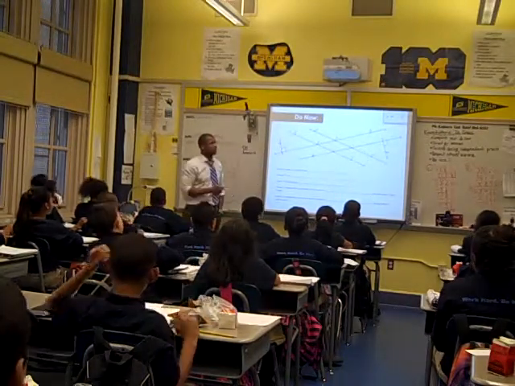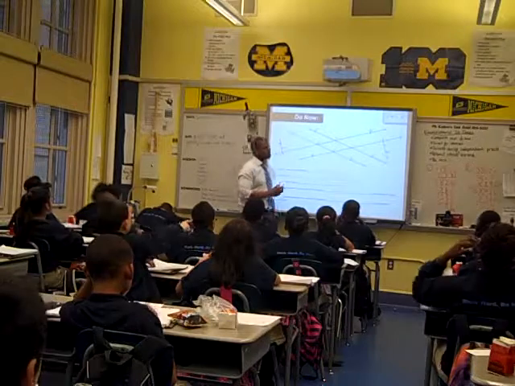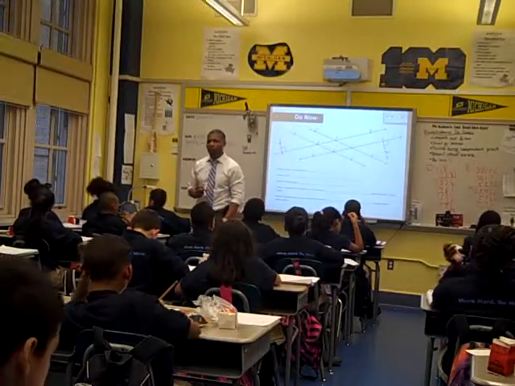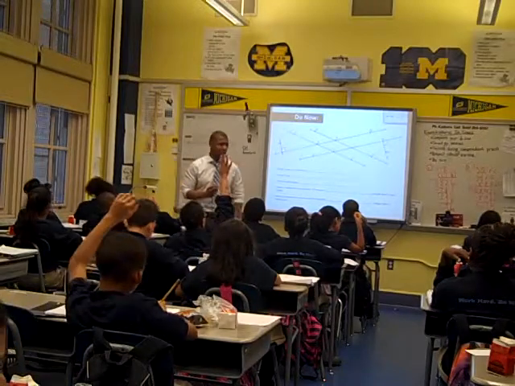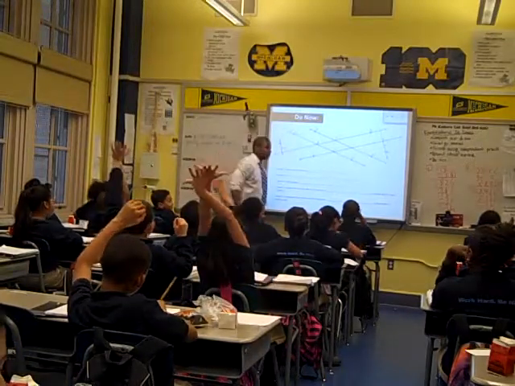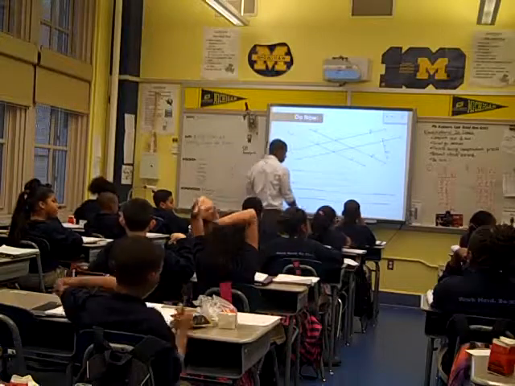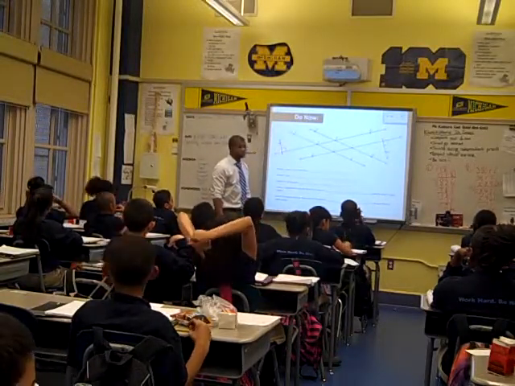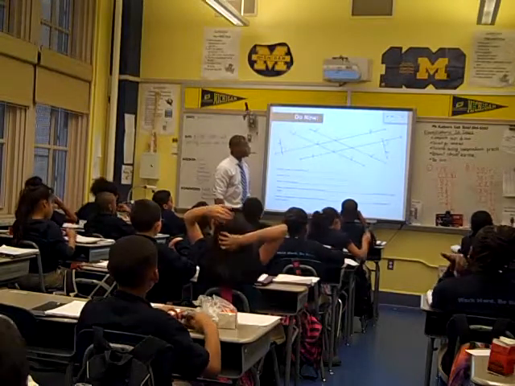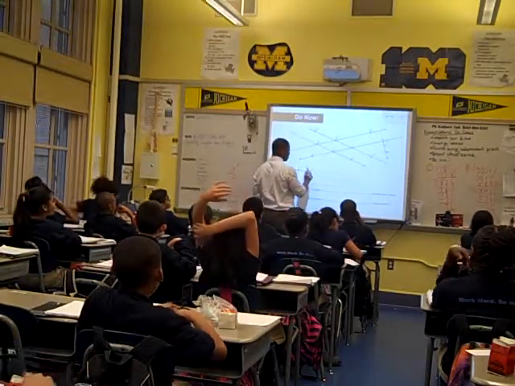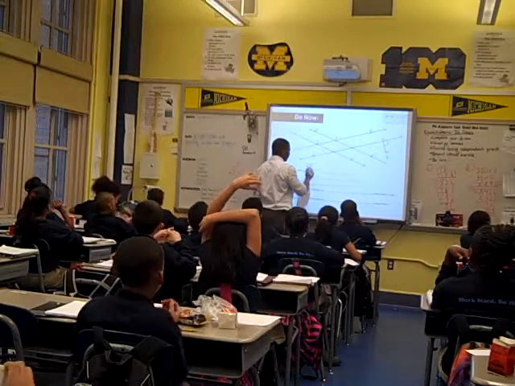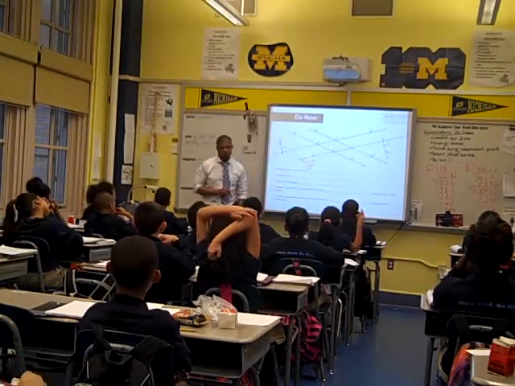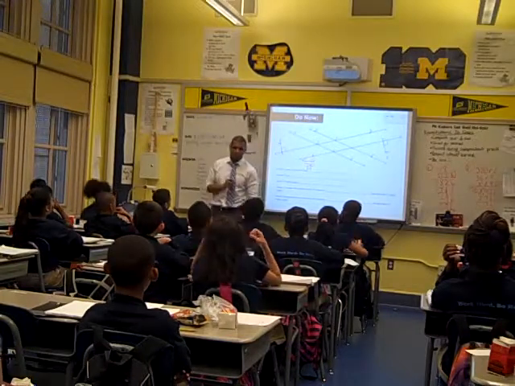So looking at this, I'm looking for 2 sets of parallel lines. Lines need to be parallel to another line. Who can give me 1 set of parallel lines? E and F. So I was always taught that any 2 points on a line mean a line. I'm going to go with that for right now.